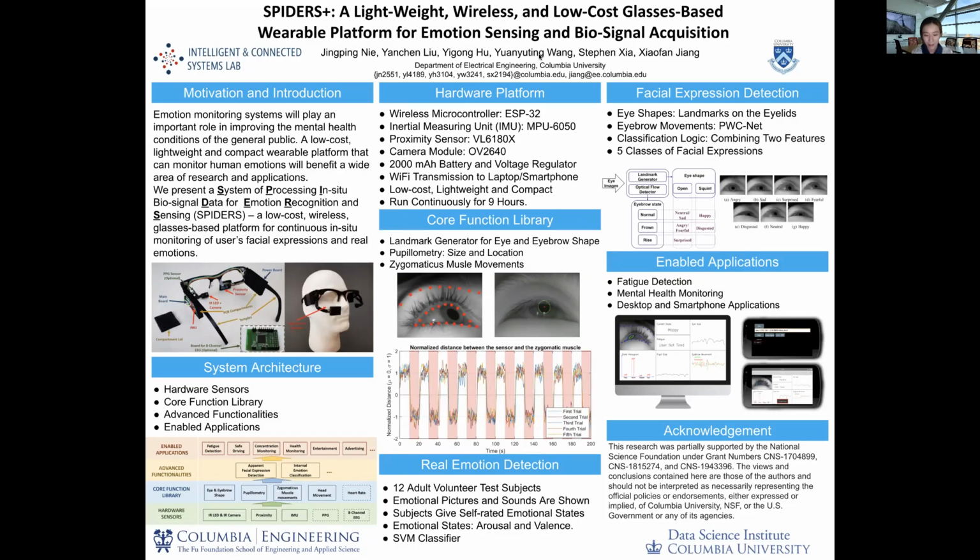Emotion monitoring systems can enable plentiful applications. In particular, they play an important role in improving the mental health conditions of the general public. They help psychotherapists diagnose and develop better treatments for patients, as well as inform the general population of their own mental states. It will also enhance the lives of people by bringing, for example, enhanced entertainment experiences when movies, games,